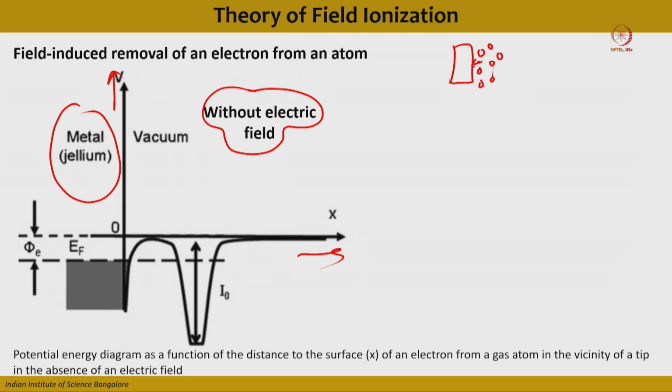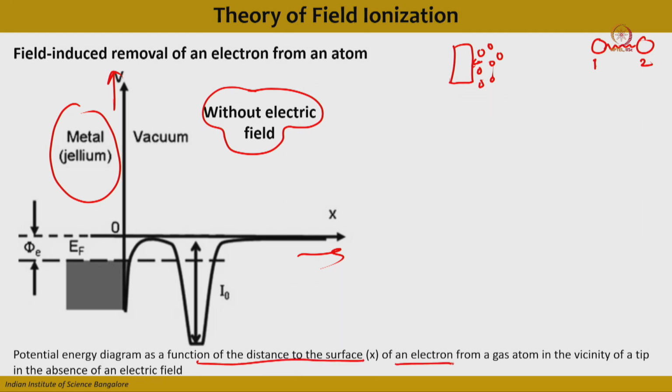Fine. So this is the potential energy curve for that particular case, and it is very similar to what we talked about with the Lennard-Jones potential curve, where we had the potential energy curve between two atoms. This is a similar curve. Based on that, this diagram shows potential energy as a function of distance to the surface